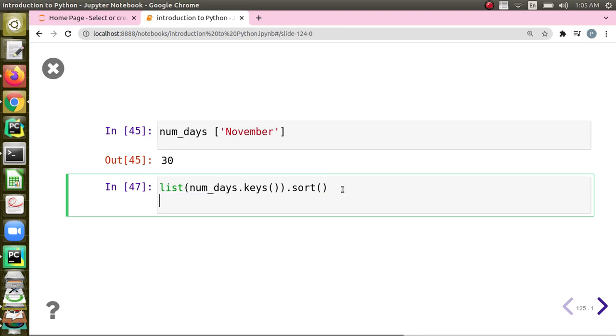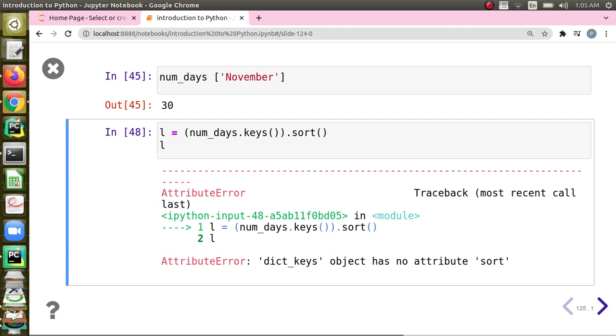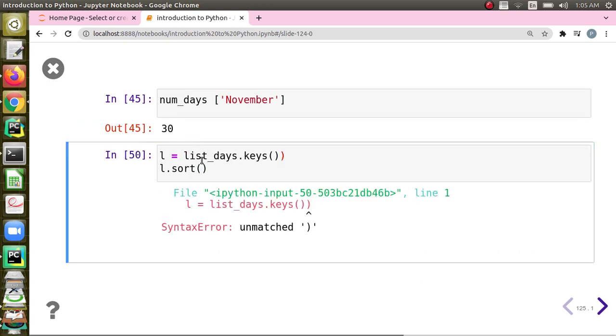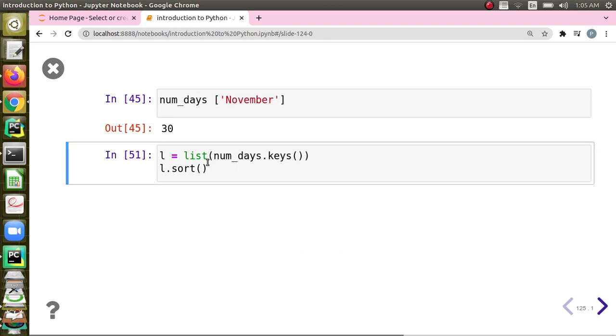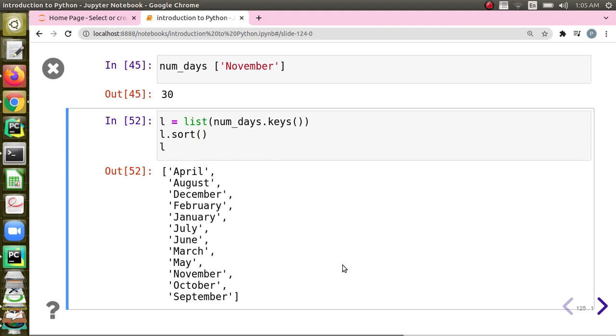I will store it in L, and then I will sort L. Oh God, I should not say sort here. List of num_days. Yeah, if I print L now, I can see it in sorted order.